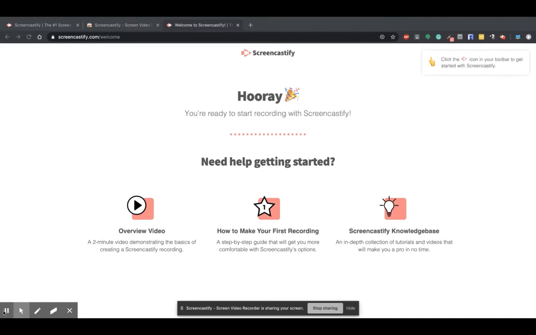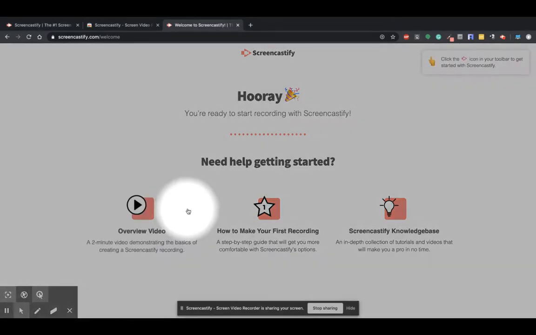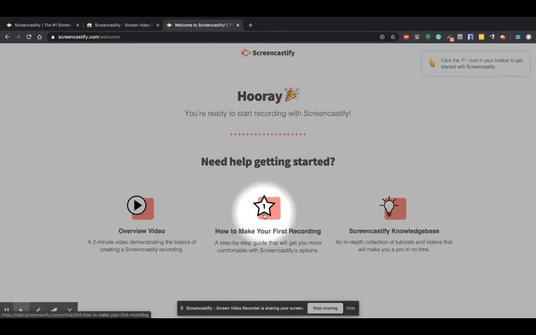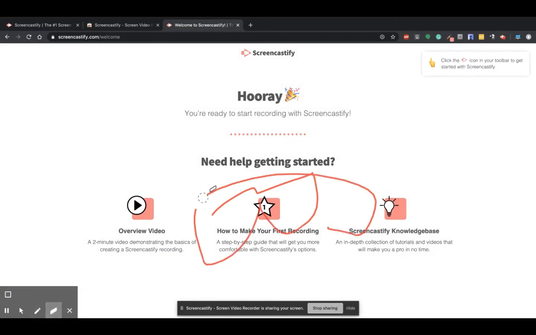If you look at the bottom left-hand side, I have a pause button, a mouse. I can write directly on it, so I can either highlight clicks, not highlight clicks, or focus on certain things. So if I really want to make sure you notice that, I can do it there. With this, I can also draw directly on the screen, and then I can also erase that if I need to. I can also exit out of that entirely if I want to,